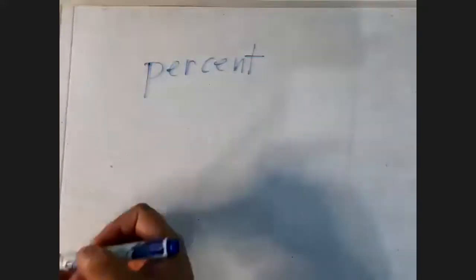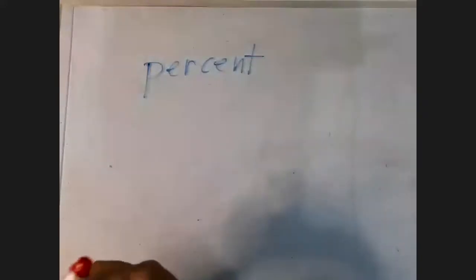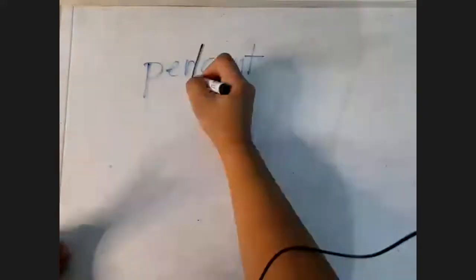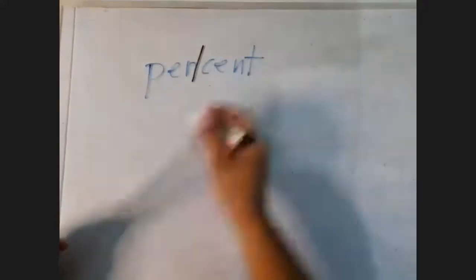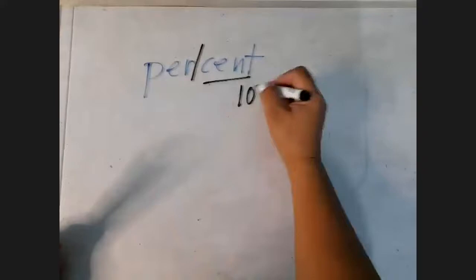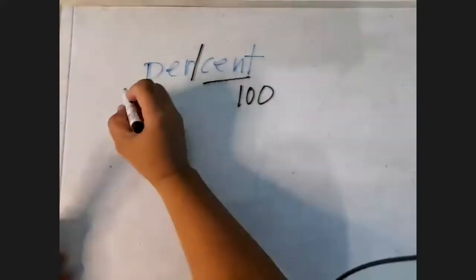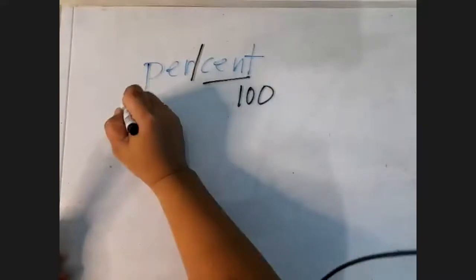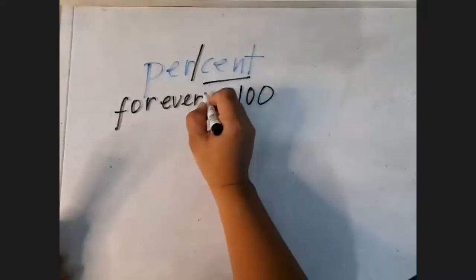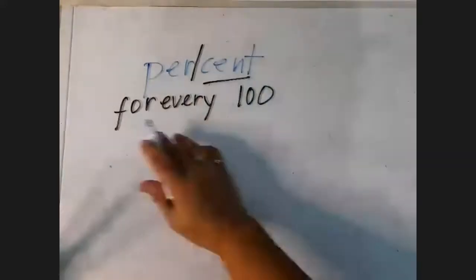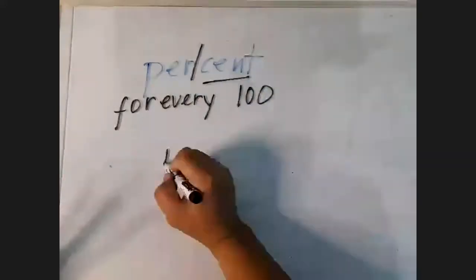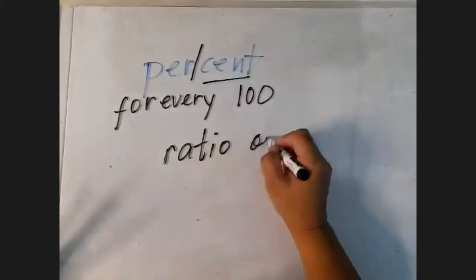Okay, so let's begin. Pag sinabing percent problems, ang kailangan muna nating maintindihan, ano ba yung ibig sabihin ng salitang percent? Okay, percent. Actually, the word percent is made up of two words. Yung per at saka yung cent. Cent meaning 100 and per or sa Tagalog, kada, sa bawat means for every. So whenever we have a number which is given in percent, it's for every 100 or it's a ratio of a number